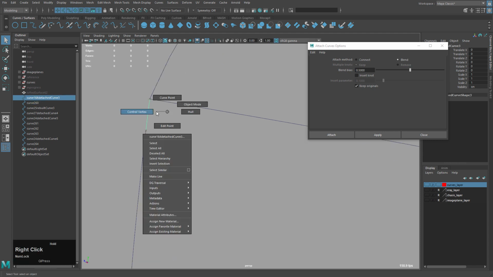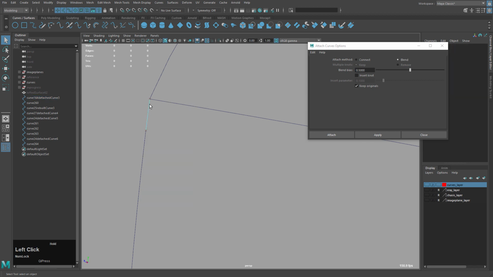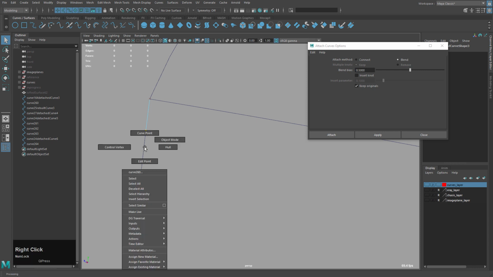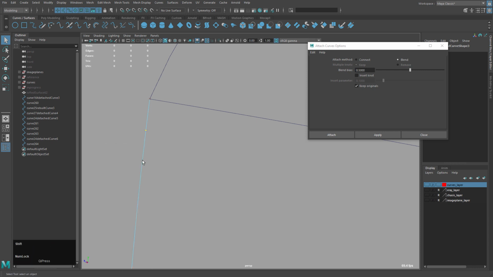Select one, go to curve point, and left click and drag a curve to the point where you want to connect. So just drag all the way to the bottom. Right click, curve point, then hold shift, and then drag up like that. So you're basically telling Maya that you want to use this curve and connect there, and this curve connect there. And we'll do a, let's see,